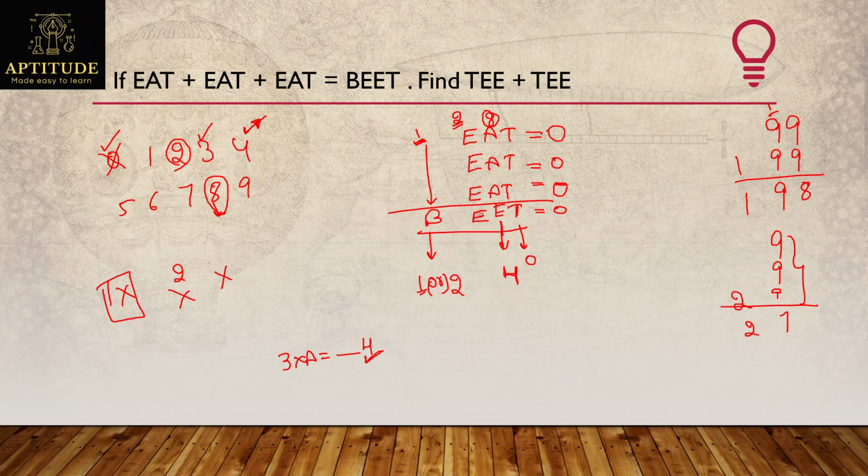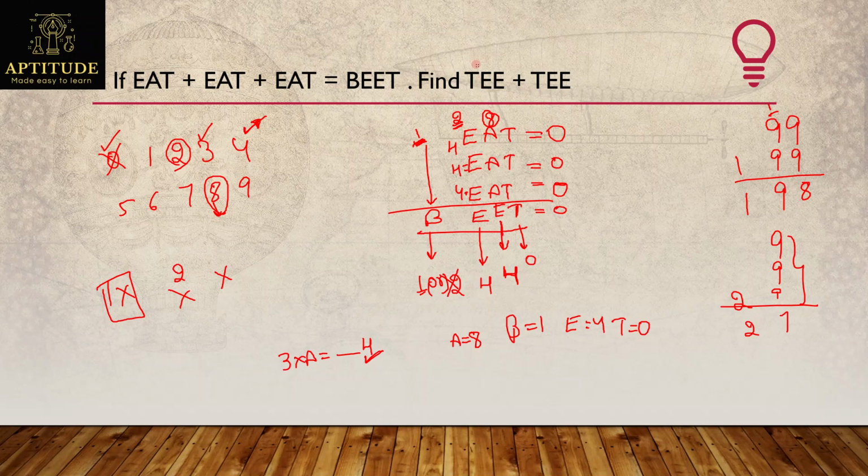Which is satisfied, and it should satisfy this also here. If I substitute 4 as E value here, once again I should get 4 in the units digit. Let's check. 4 plus 4 plus 4 is 12, and 2 carryover, 12 plus 2 is 14. Yes. So giving unit digit as 4 and 1 is carried to the other side, making B value as 1. So everything is satisfied here, which means values are like this: A value 8, B value 1, E value 4, T value 0.